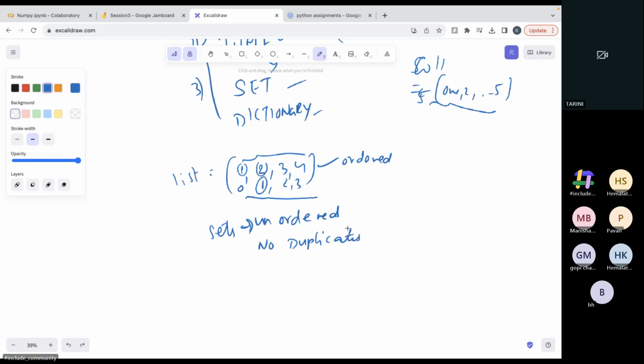Even though in a list or tuple, if the data item is repeated, let's say 1 2 3, and then again I am giving number 1, it will be treated as a different item because it is stored in a different index. Here number 1 is stored in the third index, here number 1 is stored in the 0th index, so it is following some order. So we can access a specific item using an index number, whereas a set does not follow any order, so there is no possibility of duplicates. Okay,